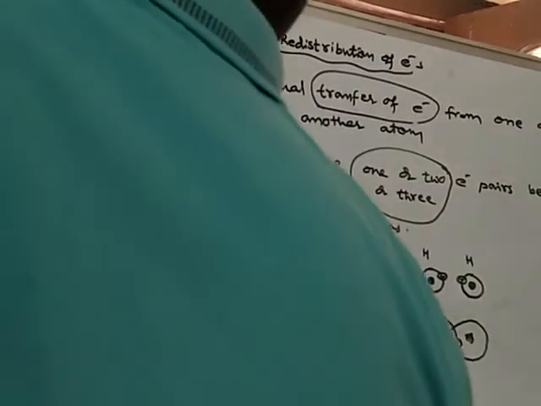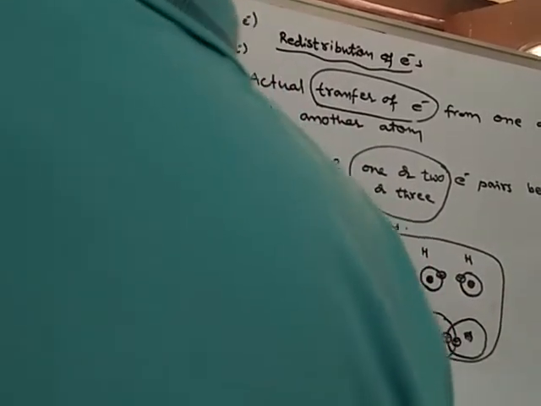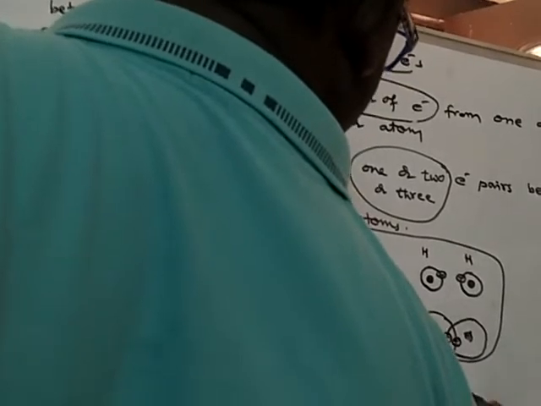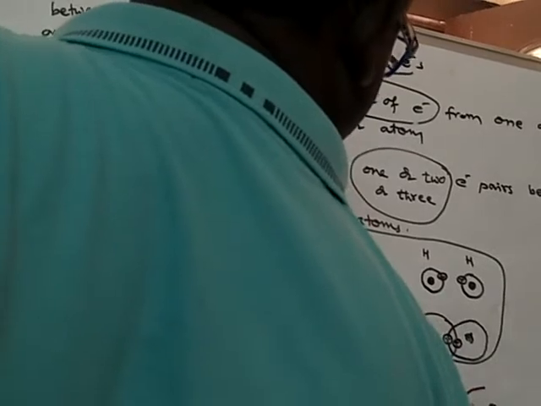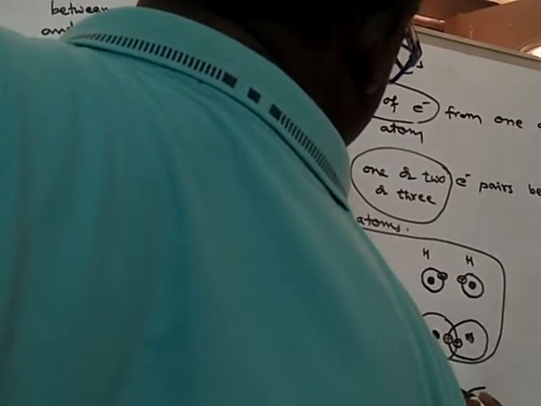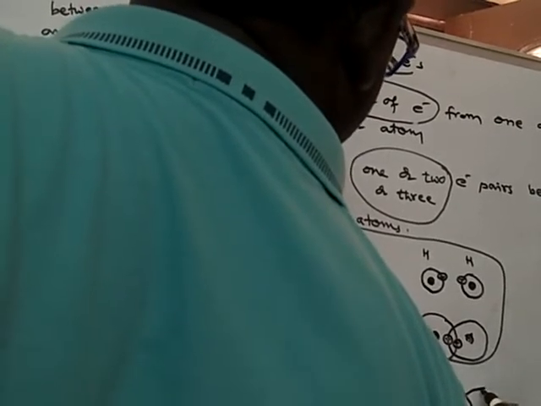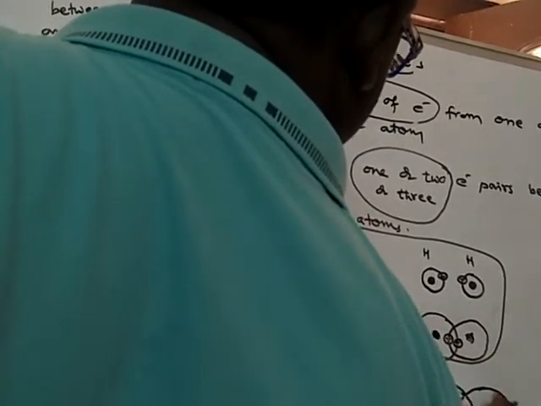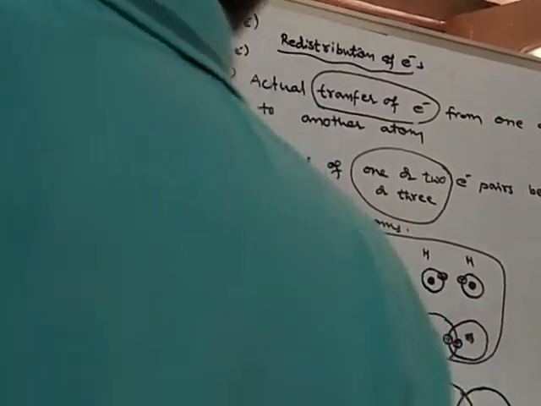So I am drawing the diagram here. So now I am drawing the electrons of oxygen. This is the nucleus of one oxygen atom and this is the valence orbit of that oxygen atom. This is the nucleus of another oxygen atom and this is the valence orbit of the other oxygen atom. So now I am drawing the two nuclei. This is one oxygen atom, this is another oxygen atom.